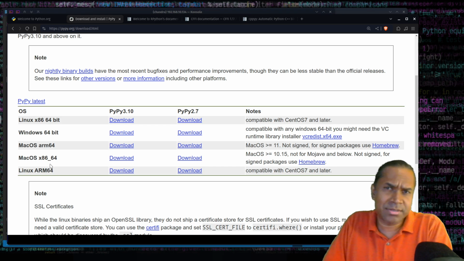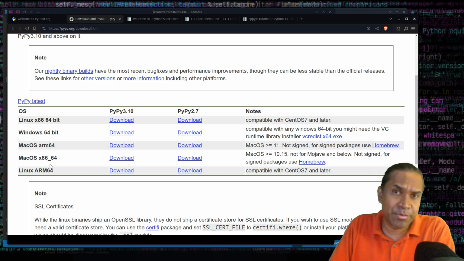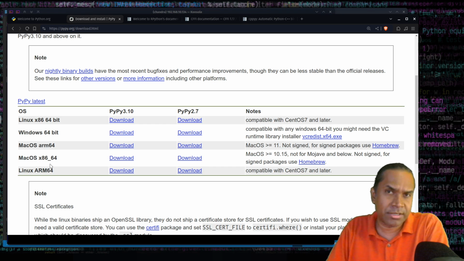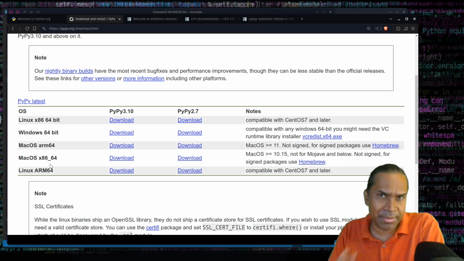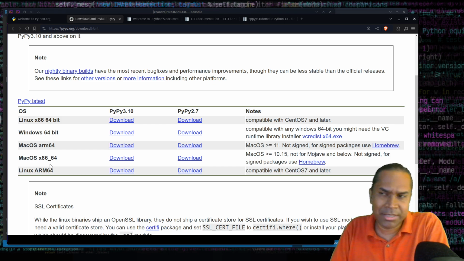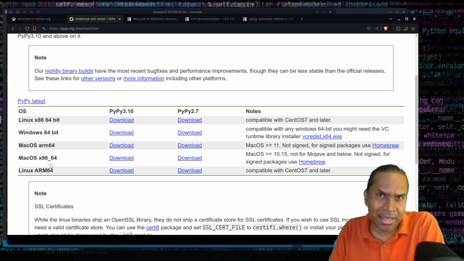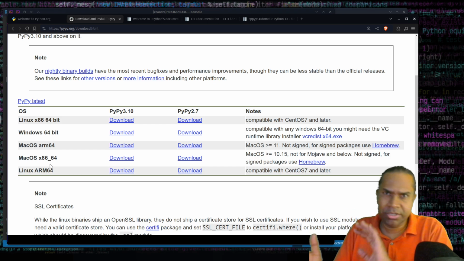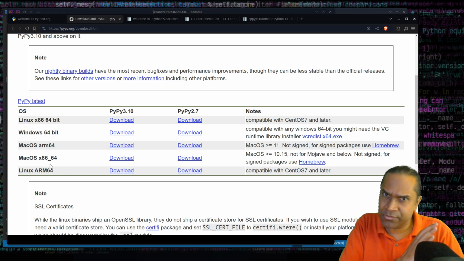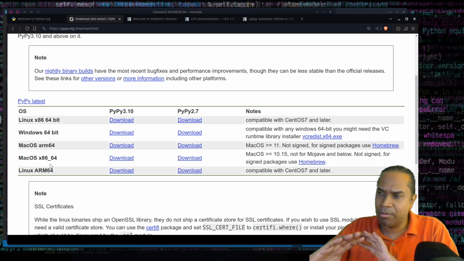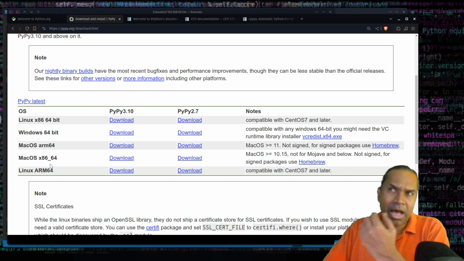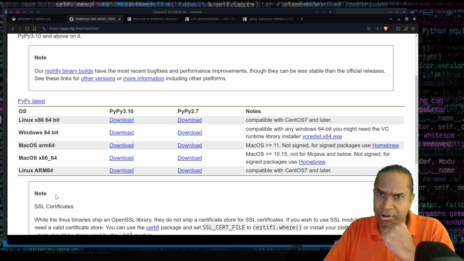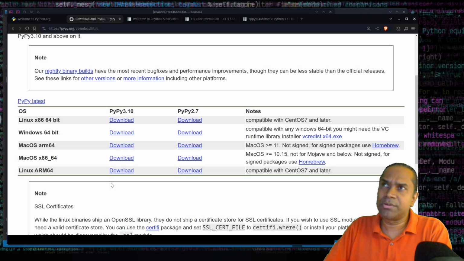If you're using a Linux environment like me, if you use your distribution's package manager, all the mainstream Linux distributions bundle PyPy. So on my Raspberry Pi board, I'm using Debian, and you can install PyPy by just using apt install pypy3. PyPy has two versions: PyPy for the Python 2.x version and PyPy3 that's compliant with the Python 3.x syntax. So I have installed PyPy3 on my Raspberry Pi board, which I'm going to demonstrate by running it. So in order to try this out, what we'll do is